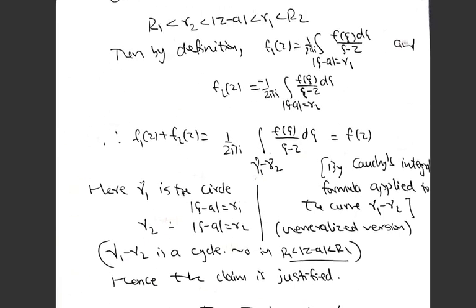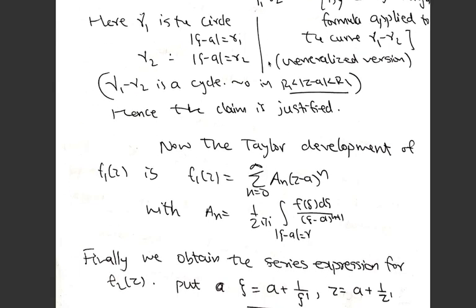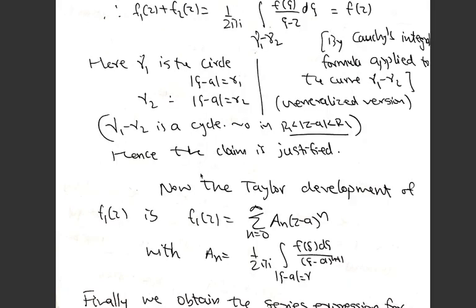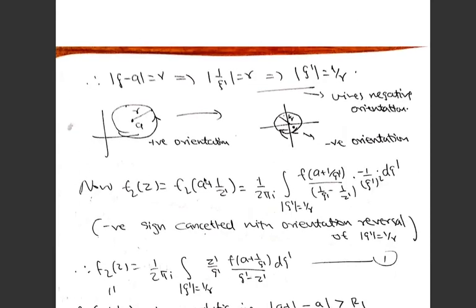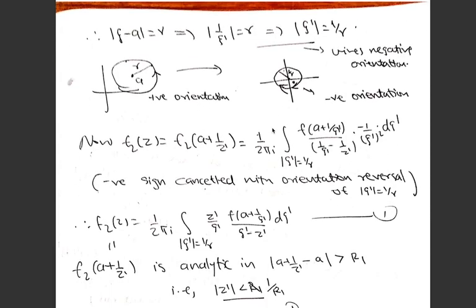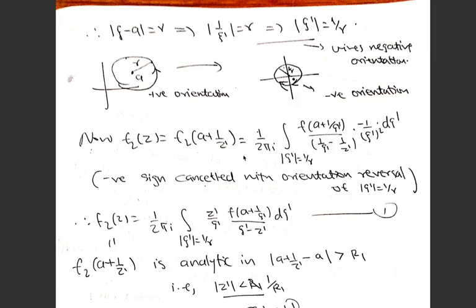Now f1(z) is this, and you apply Taylor's theorem for f1(z). f1(z) is analytic in the region |z minus a| less than r2. So the Taylor development will give this explicit expression. The positive part is easy. Now to get the negative terms expression, you need to perform this change of variable. Put these two changes of variable. I have explained everything here. In fact, I explained it in much detail, all the details. In fact, it is not very easy.